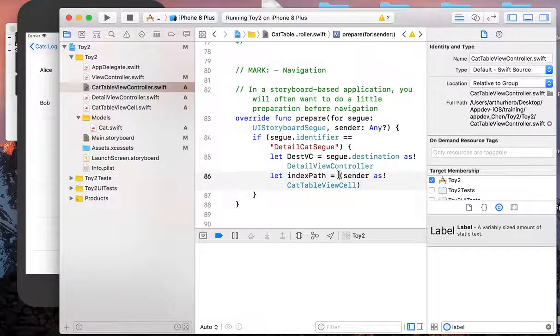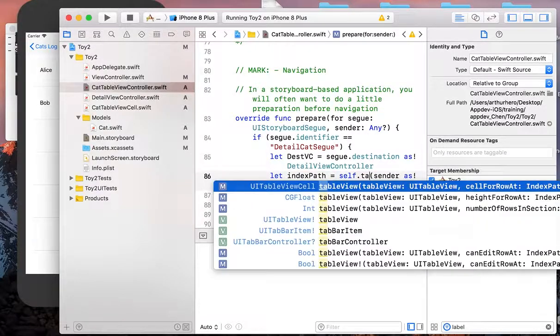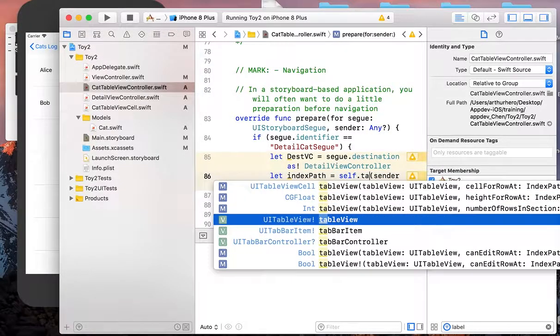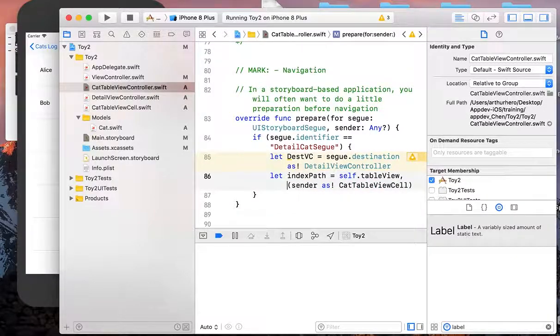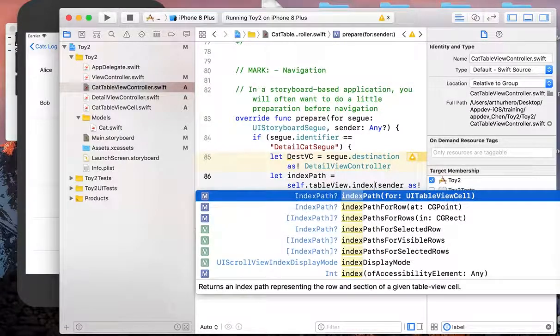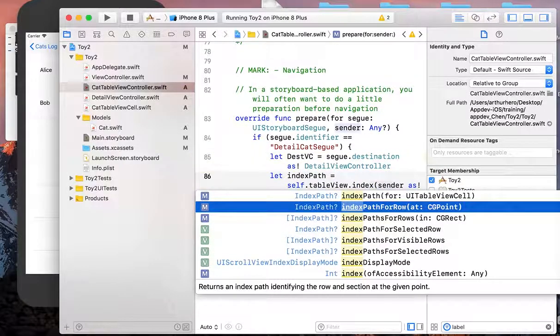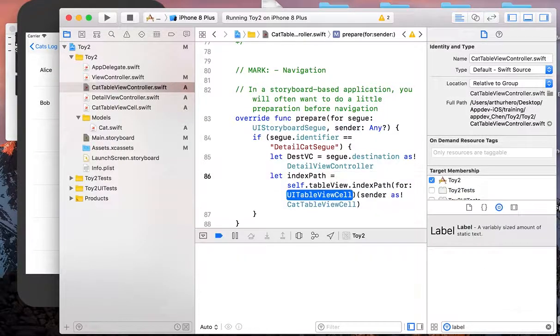Also, our table view has a method of getting the index path for a UITableViewCell here. So we should just cut this, and the self here